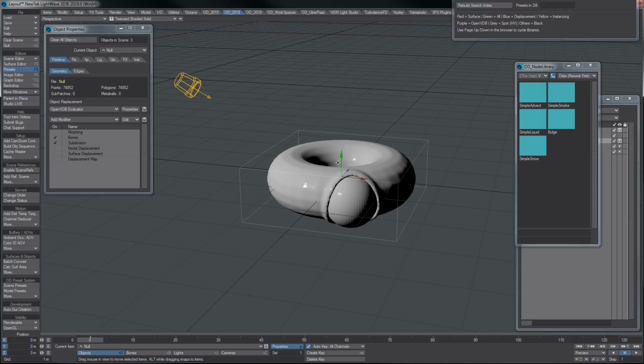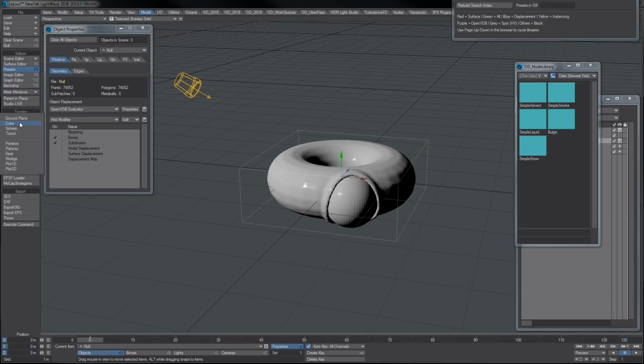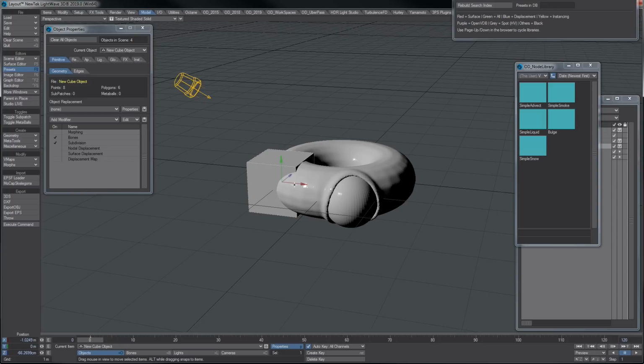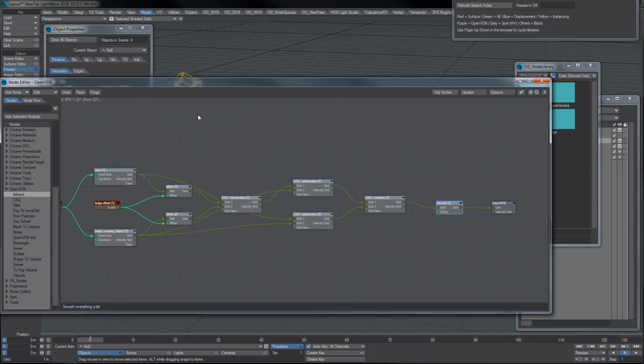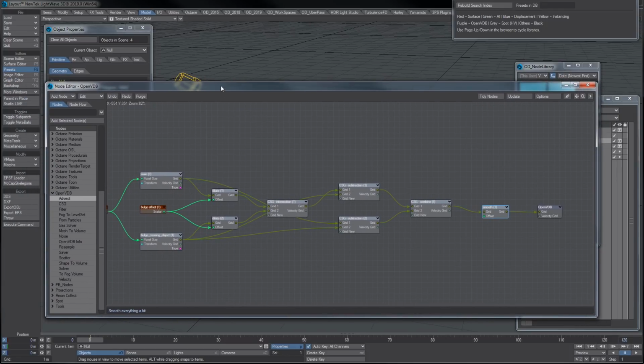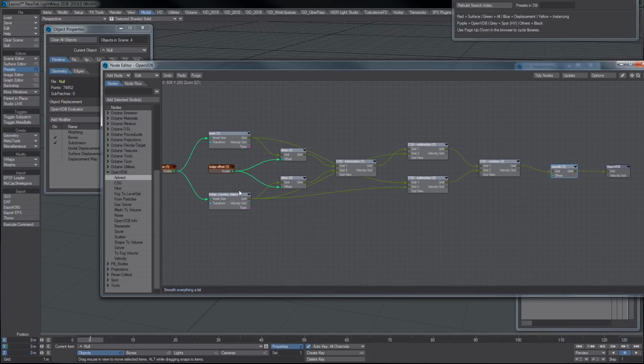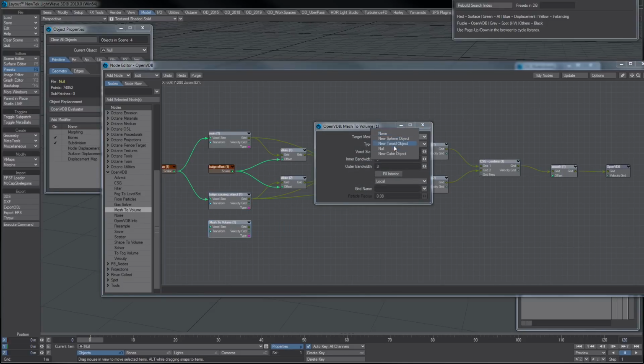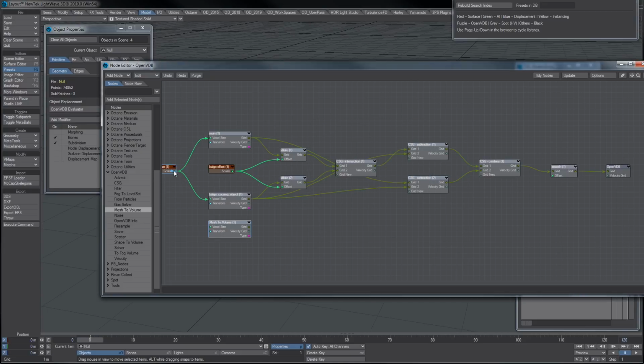And again, if you wanted to add, for example, let's just say we wanted to add a cube here, and we'll move this over, and you can see that the cube does not have that effect. If we wanted to add that effect now, that's very easy. We go to our level set, and we'll pick one of the ones here, this was the sphere. So all we have to do here is create a new mesh to volume, pick our cube here, make sure we have world selected so that all the transforms transfer. We're going to hit the voxel size, add it to here,